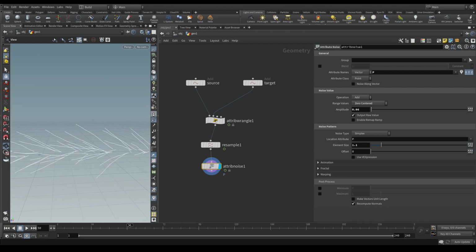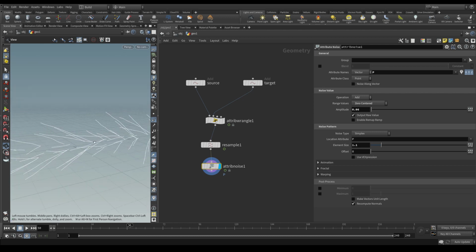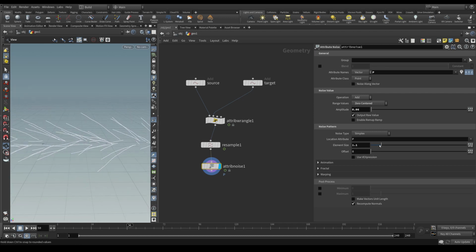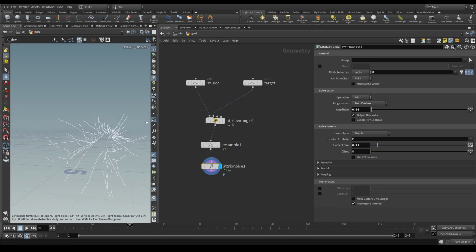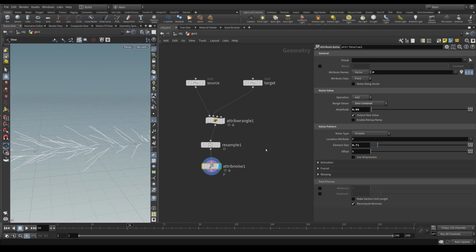Something small for now. We can always change this, but we don't want too much of it here, because you can easily exaggerate that. I think it's too much, so something really subtle like this. It's important to keep this in mind, that after applying attribute noise, you can also slightly move them away from the ground, so don't apply too much of it, because we haven't implemented any functionality for this. But you can, of course, take the base point and you can